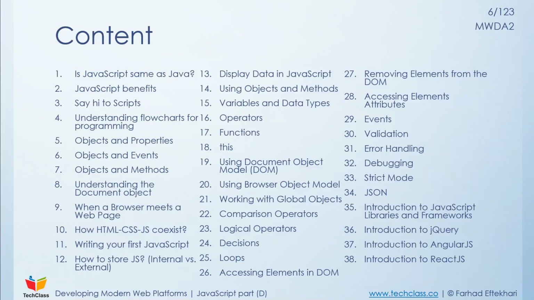And here is the content of this part of the course. First, we're going to understand: is JavaScript the same as Java? We're going to understand JavaScript benefits. We're going to say hi to the scripts, and then understand flowcharts for programming. Then we're going to get familiar with the concept of objects and properties, objects and events, and then objects and methods. Then we're going to understand the document object, and when a browser meets a web page, what are the